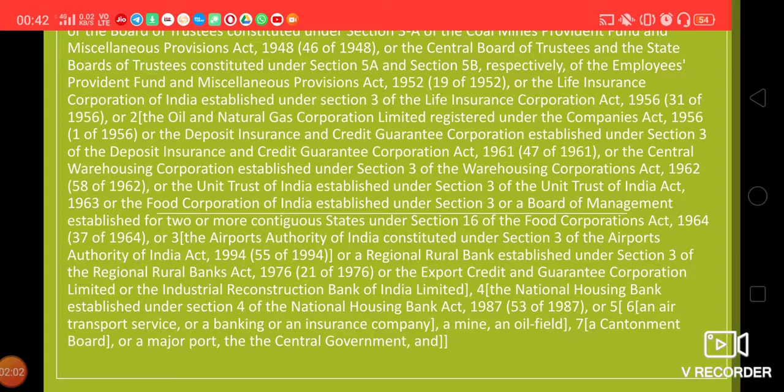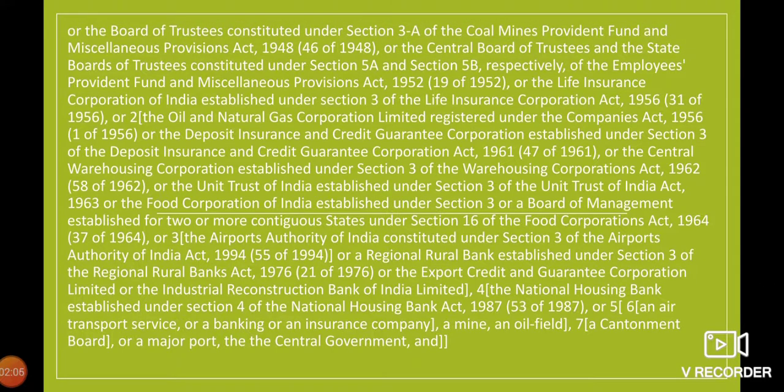Let's move further. Or the Board of Trustees constituted under section 3A of the Coal Mines Provident Fund and Miscellaneous Provision Act 1948, or the Central Board of Trustees and the State Board of Trustees constituted under section 5A and section 5B respectively of the Employees Provident Fund and Miscellaneous Provision Act 1952, or the Life Insurance Corporation of India established under section 3 of the Life Insurance Corporation Act 1956, the Oil and Natural Gas Corporation Limited registered under the Companies Act 1956, or the Deposit Insurance and Credit Guarantee Corporation established under section 3 of the Deposit Insurance and Credit Guarantee Corporation Act 1961, or the Central Warehousing Corporation established under section 3 of the Warehousing Corporation Act 1956,